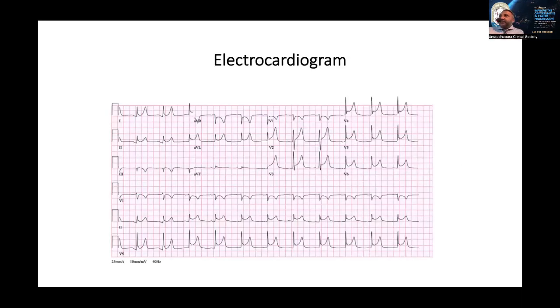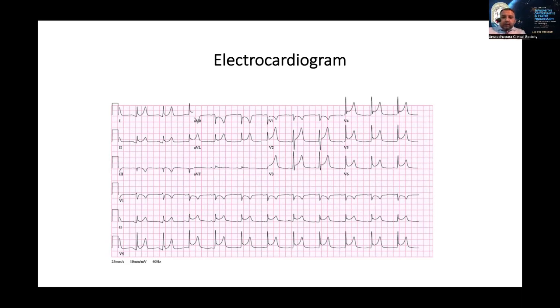So, this is an ECG. Any thoughts of this ECG? Any abnormalities you can see on this ECG, first of all? There is some widespread ST elevation, but it's not a typical ST elevation either, right? So, what is your thought here? What is a possible diagnosis or differential diagnosis you might think of? Acute pericarditis is possible here.